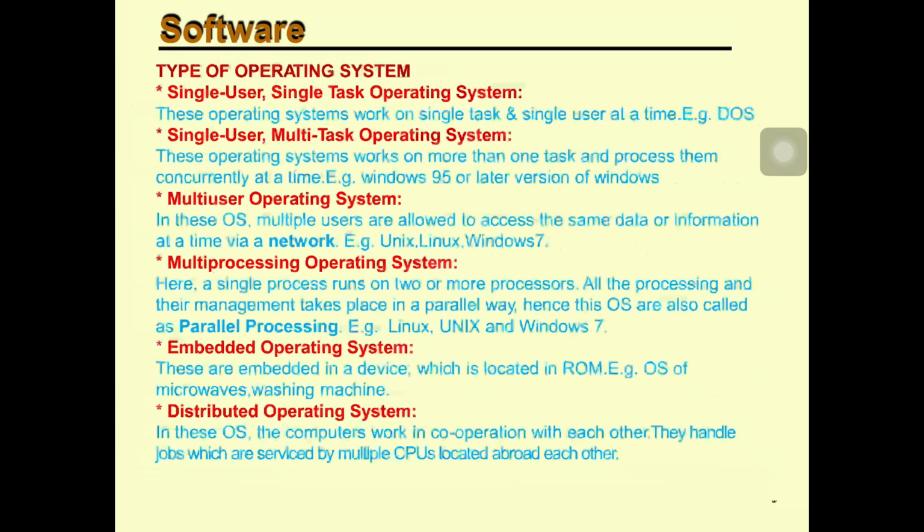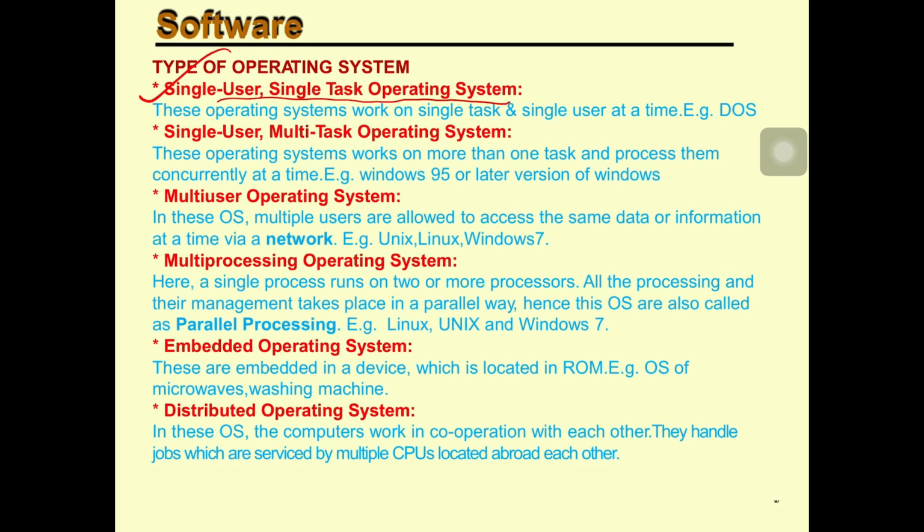These were now outdated operating systems. Initially, single user single task operating systems were used, in which if one task is given to the computer, it completes it first and then takes the next task. If any other task which is urgent is assigned to the computer, it stops the working of the first task and starts the second one, and after completing the second one, it starts the first one again.